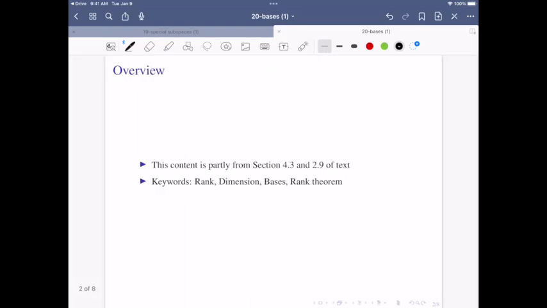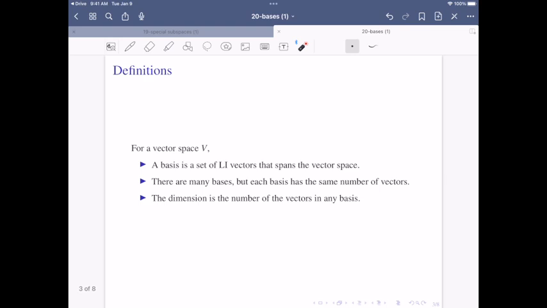Basis. This part is from sections 4.3 and 2.9. After this lecture, we're going to define and understand rank, dimension, basis, and the rank theorem. So given a vector space, for example, Euclidean space Rn, we know R2 means a plane, R3 means our living